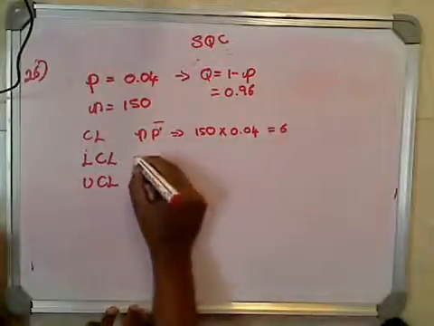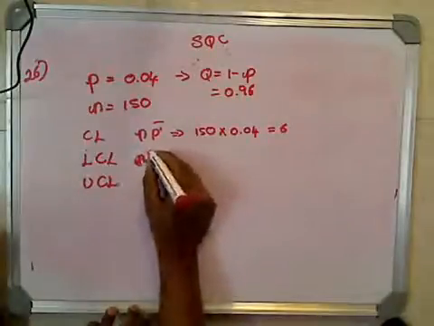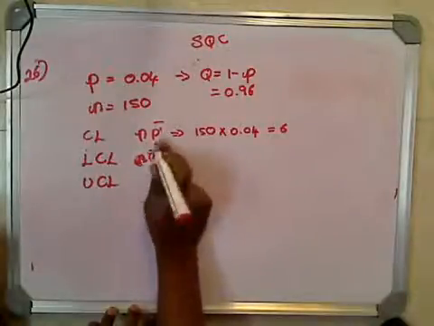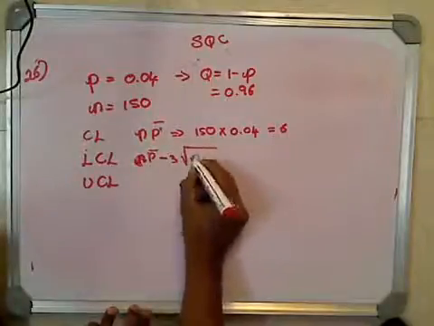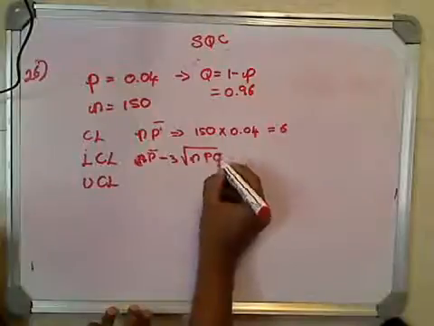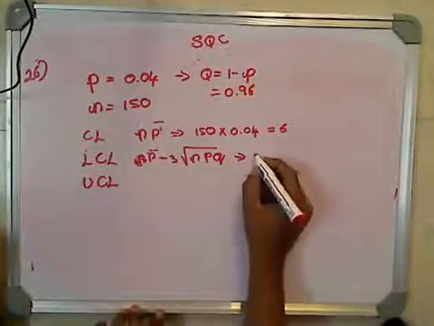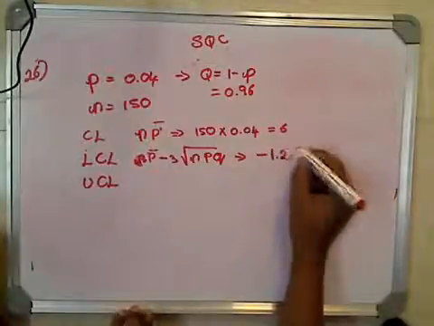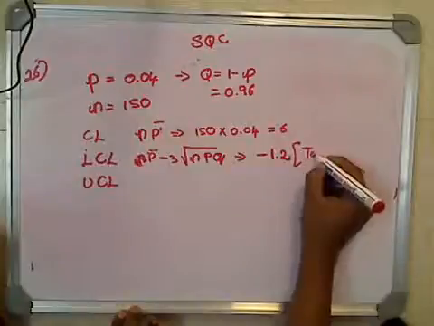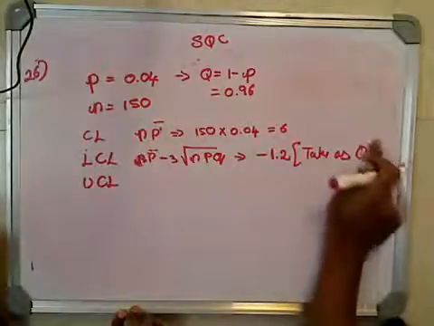And the next thing that you have, NP minus 3 square root NPQ, and this should give you the answer minus 1.2. Now when you have a negative value, you end up taking it as 0, okay, because it's not